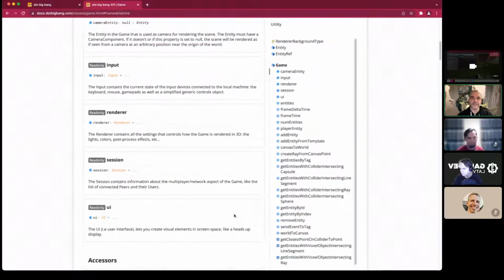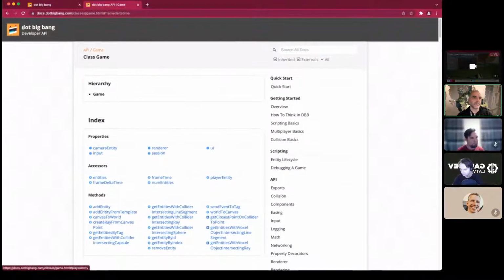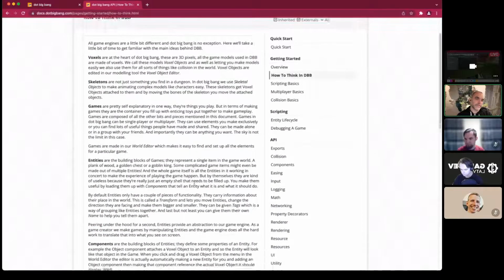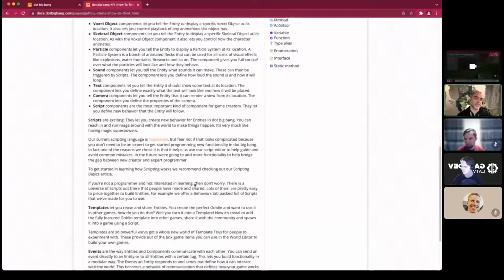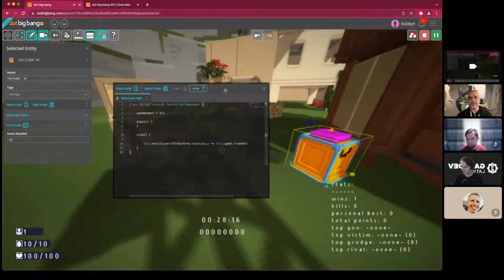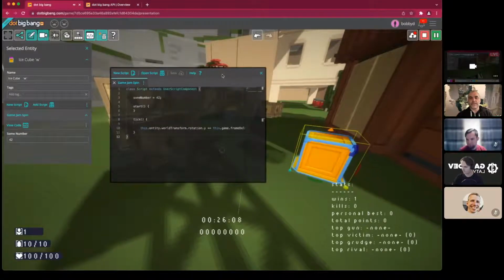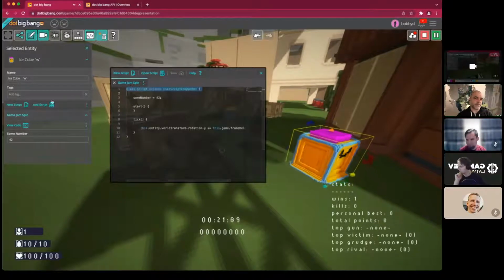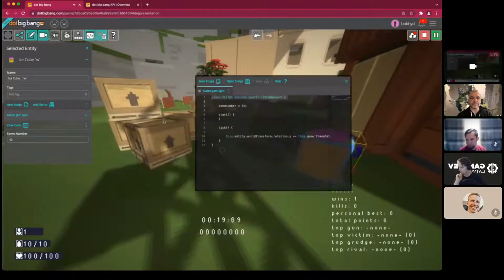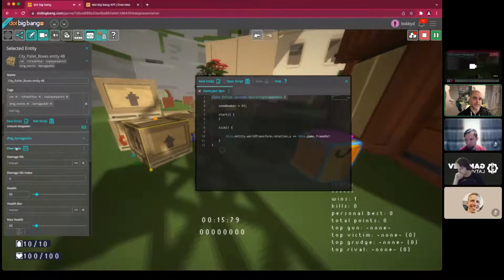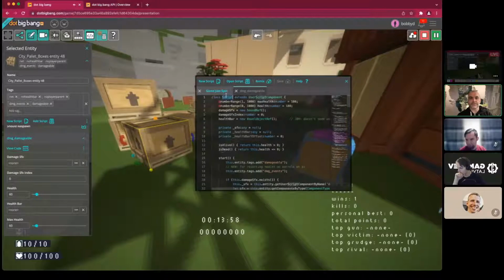And then all of this stuff is also inline. And on the docs site, we've also got some overview articles, like how to think in Big Bang, how things are structured, entity lifecycle, that type of thing, scripting basics. The other thing that people might have noticed is that all the scripts are called script. This one over here has a damageable script on it, and if I look at this one, they're all called script. So